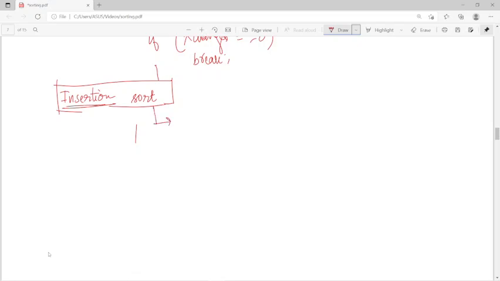Insertion sort, the main thing is not that you have to implement it. The main thing is, depending on the applications, which sort you should use, that is the main concern, right? So the thing is, insertion sort is the algorithm of choice